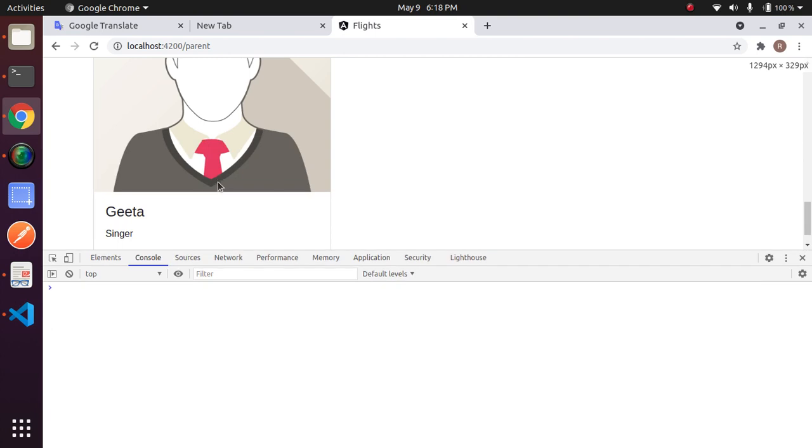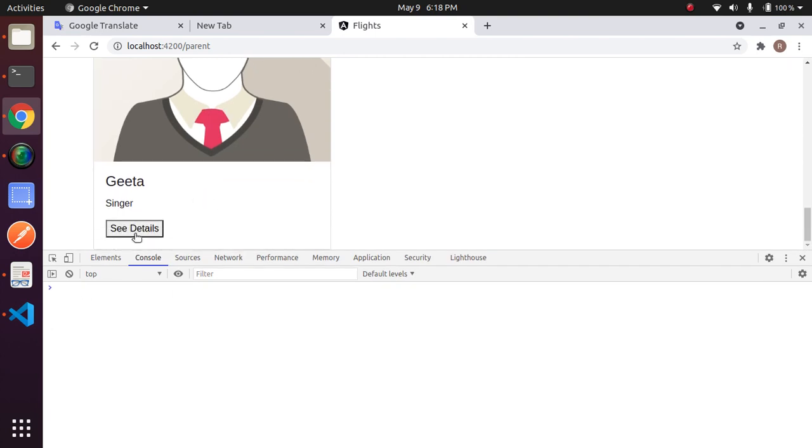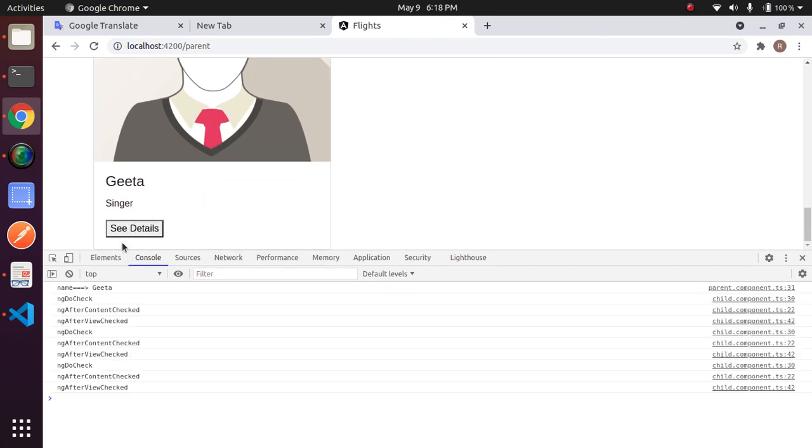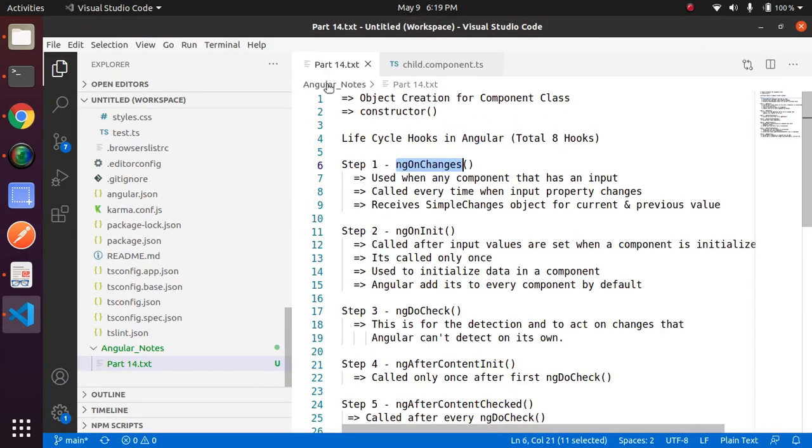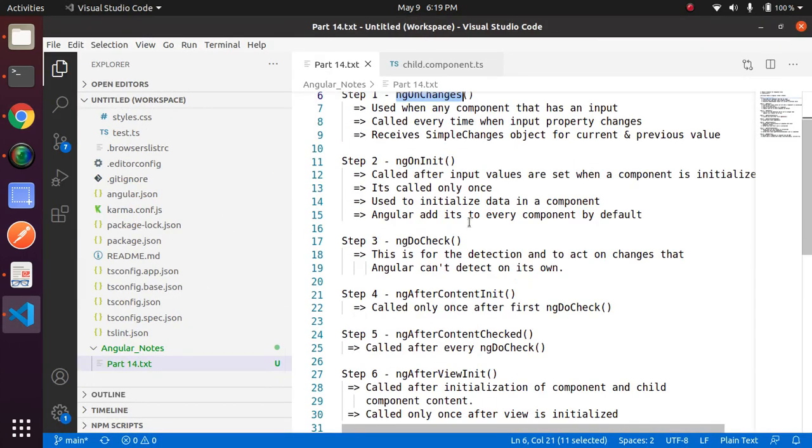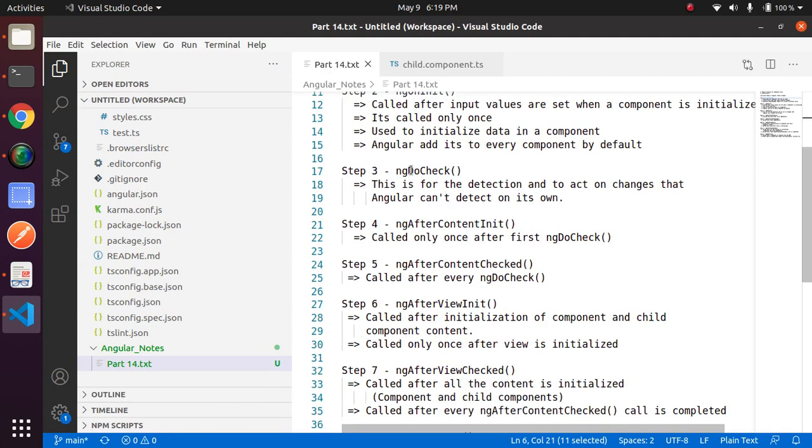Just click on the button and look at the impact. Here I clicked on see details, and if you look here, 3 hooks executed: ngDoCheck, ngAfterContentChecked, and ngAfterViewChecked. That I have already told. If you remember, for every change 3 hooks execute: ngDoCheck, ngAfterContentChecked, and ngAfterViewChecked.